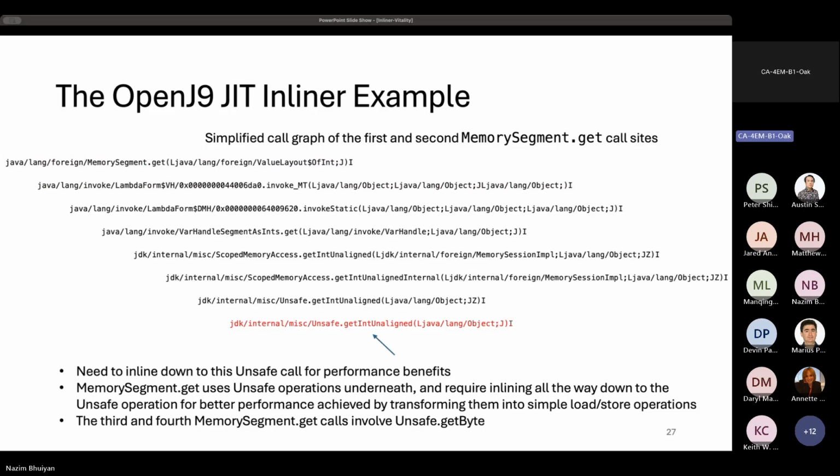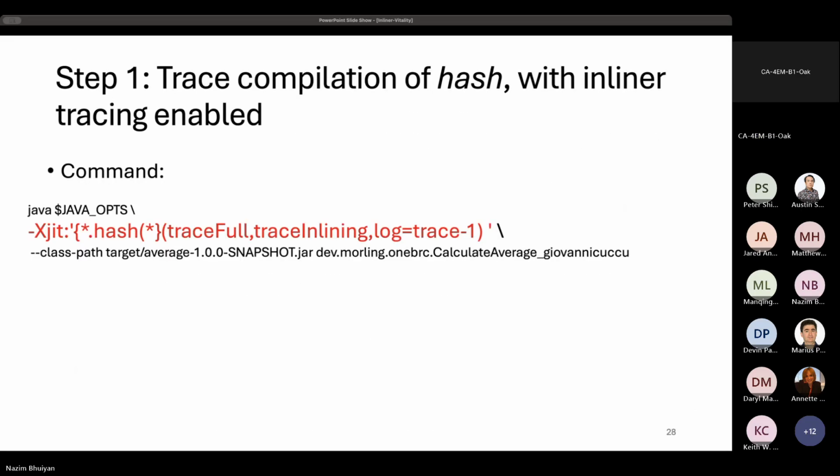The third and the fourth memory segment.get calls are a different type, which involves reading into some byte array. So that uses unsafe.get bytes. But the idea is pretty much the same here. Okay, so